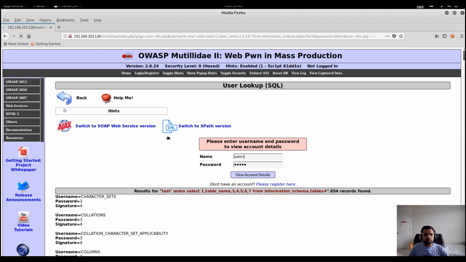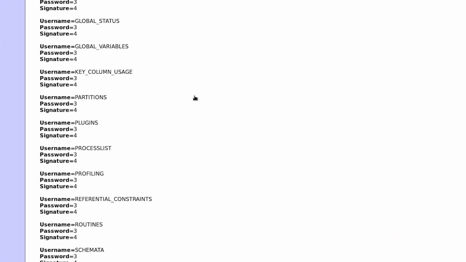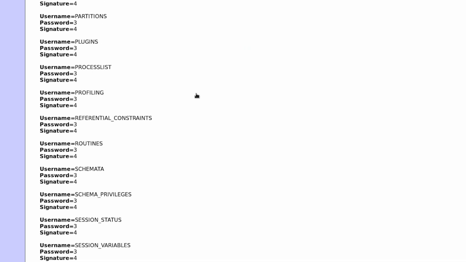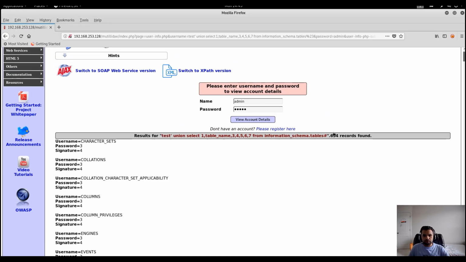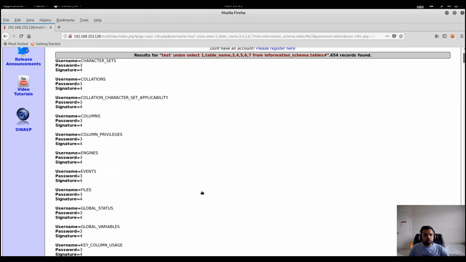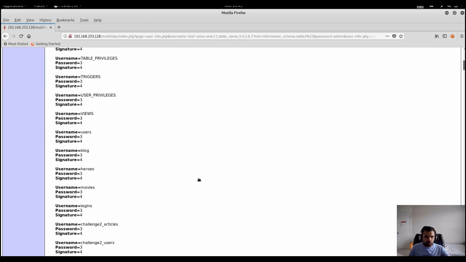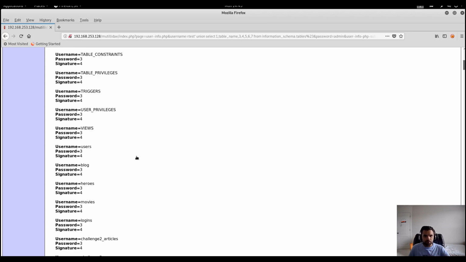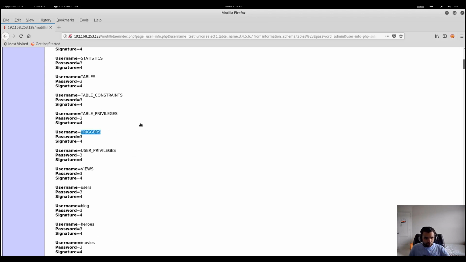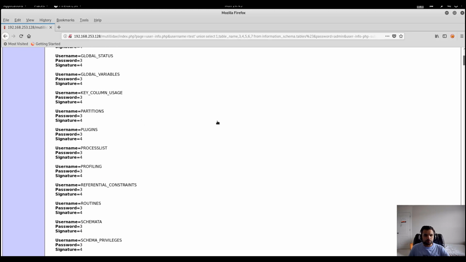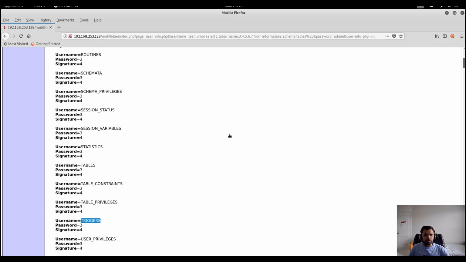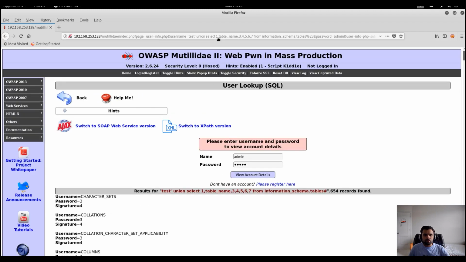I see. Okay, so now we can see we have a list of tables here, and as you can see there are 654 tables we found. Now it's impossible for us as a human to go through each table and extract the columns and information. So for example, let's say we want to extract the columns from this table, triggers. So how we're gonna do it is, instead of table name, I'm gonna say